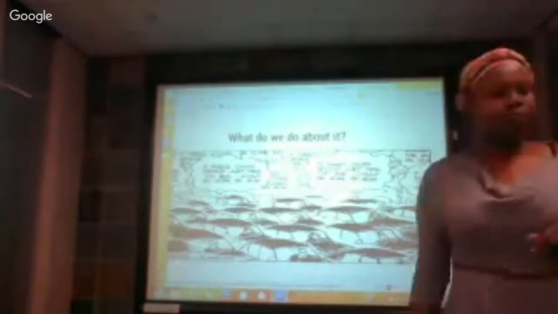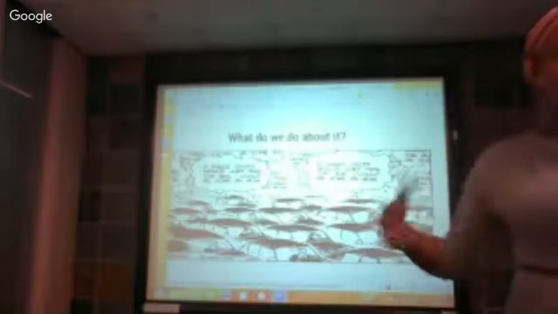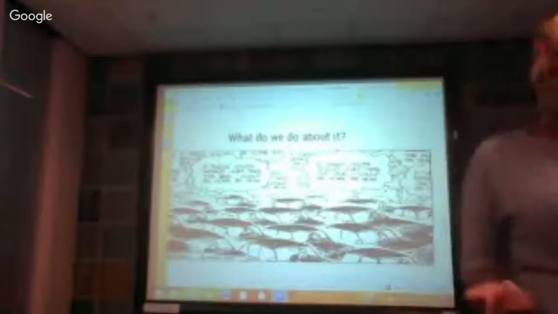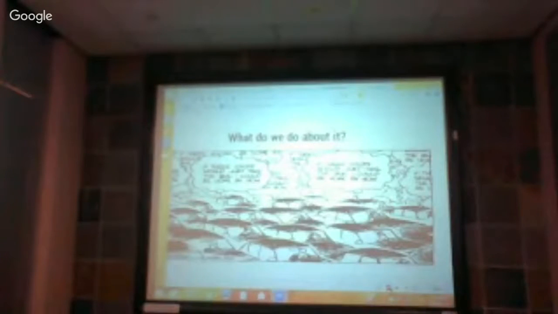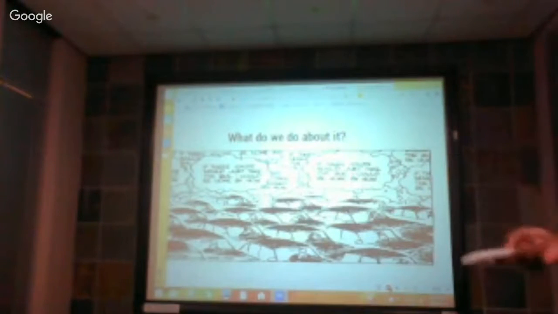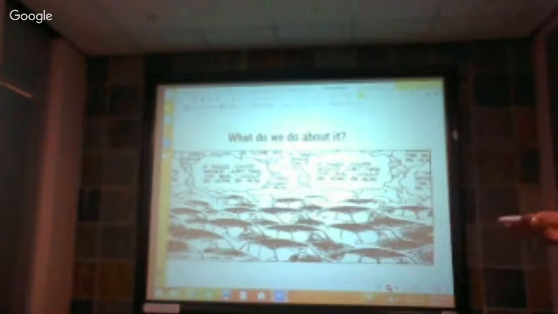Lastly, what do we do about it? What do we do about this population growth? If you can see this picture clearly, it's a picture of people in traffic. They're all saying the exact same thing. You can't read what they're saying. "If these idiots would just take a bus, I could be home by now." They're each saying the exact same thing. It's funny because they realize that there's a better way to travel. They realize that there's a more sustainable way to travel, but they choose to use their cars.